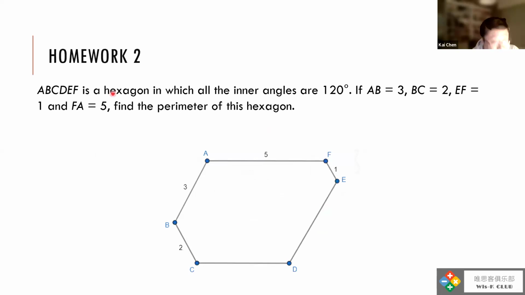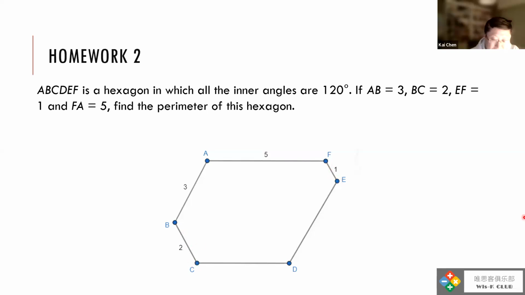Of course, I saw some interesting solutions from you. Some of your solutions try to use projection of the segment to horizontal or to vertical lines. That's very good. So basically, the hexagon is not a regular hexagon. If you have a regular hexagon, you can say AB is the same as DE. But in this case, AB is not the same as DE because they are not regular. The same as EF and BC, we cannot say, we know already EF is 1, BC is